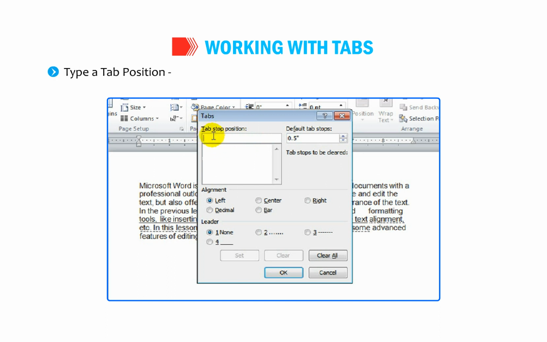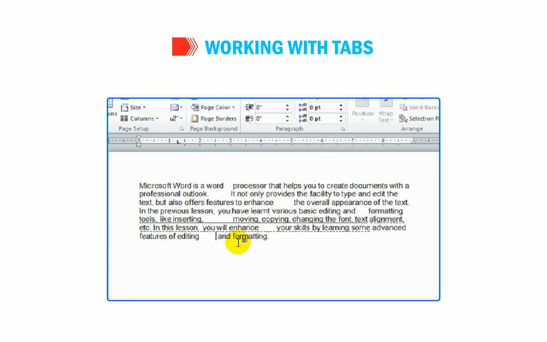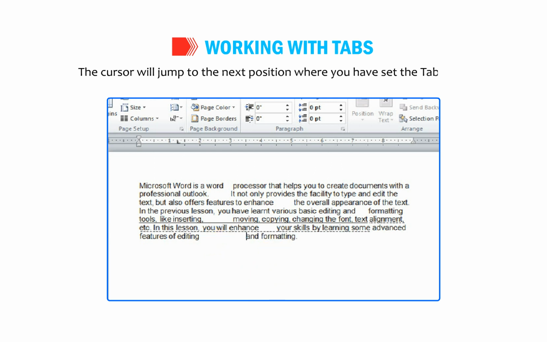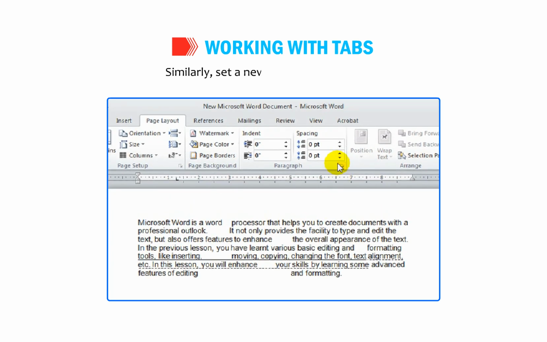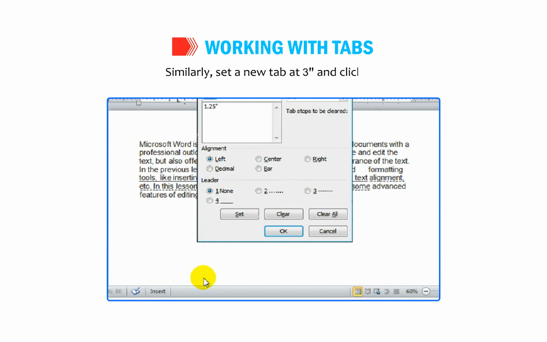Type a tab position, for example, 1.25 inch, in the Tab Stop Position text box. Click OK. Now press the Tab key. The cursor will jump to the next position where you have set the tab stop. Similarly, set a new tab at 3 inches and click OK.